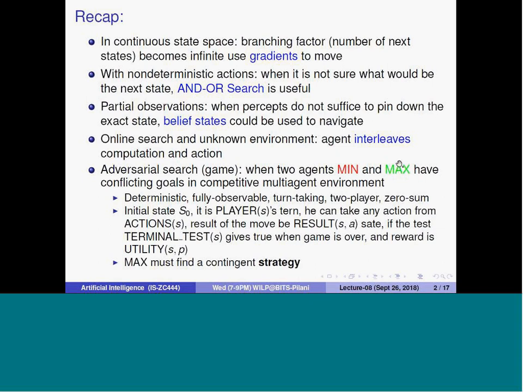We assign +1 to the win, and the lose should be -1, because +1 and -1 sum to zero: somebody is winning, somebody is losing, so the overall summation should become 0. Or alternatively, the lose is 0, the win is +1, and half when you go for a draw.